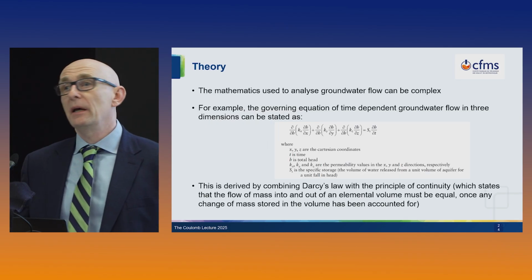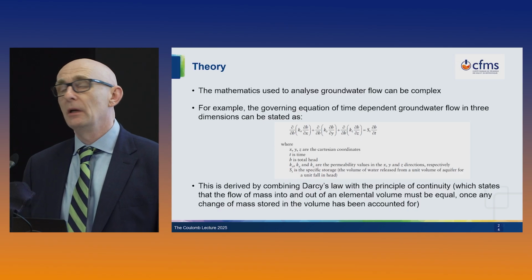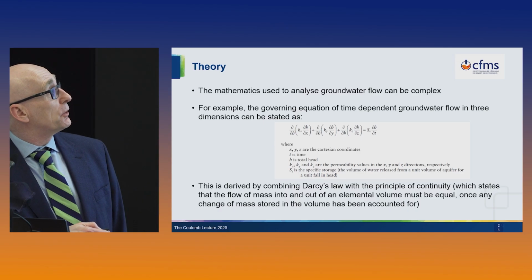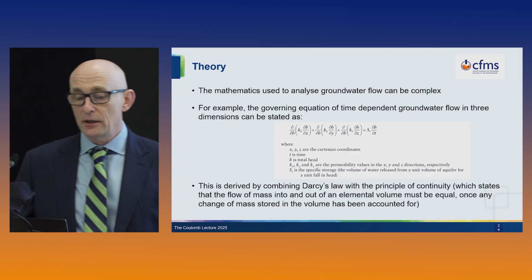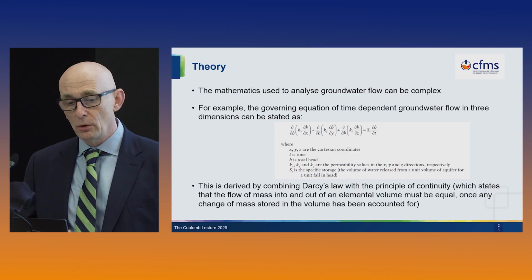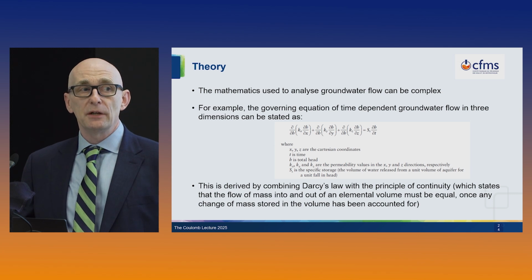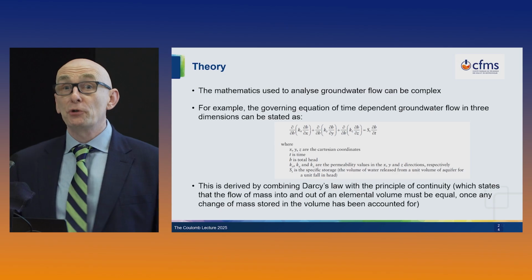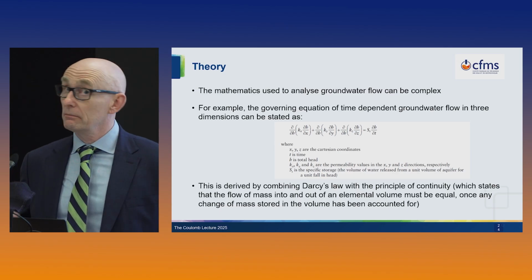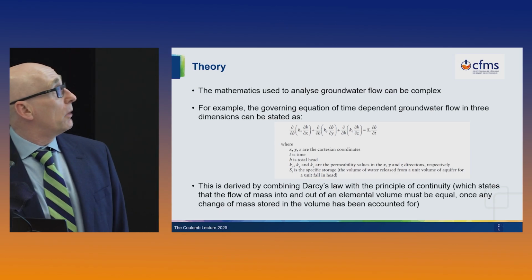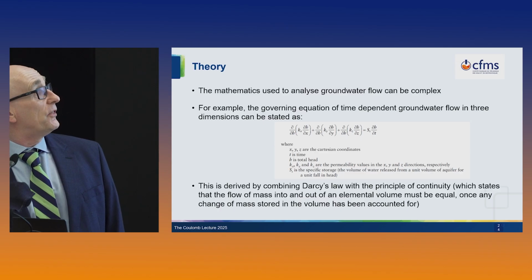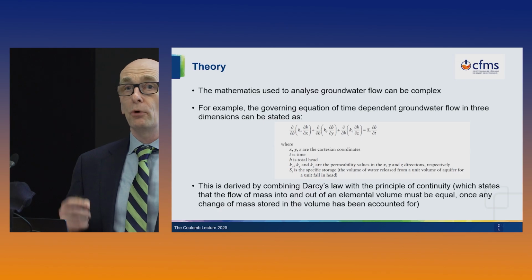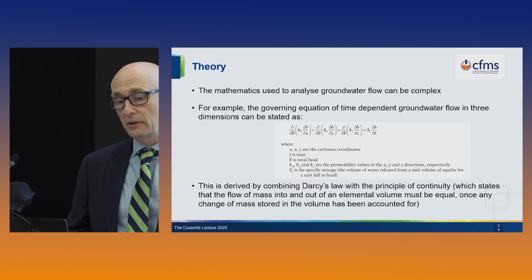So I fully admit that the mathematics of groundwater flow can become unpleasantly complex. And in a lecture like this, maybe you're expecting me to discuss an equation like that. That equation is the equation for time-dependent groundwater flow in 3 dimensions, where there are different permeability properties in each of the 3 Cartesian directions. And I'm sure there is a time and a place for that equation, but it is not today. Because what I want to stress is that this equation and all its brothers and sisters are built on some very simple principles. Broadly speaking, they're built on Darcy's law and the principle of conservation of mass.